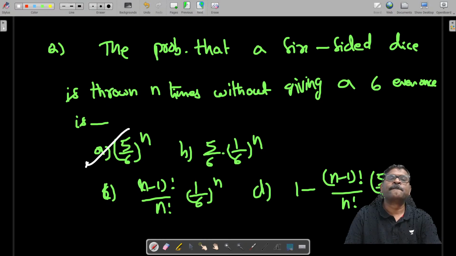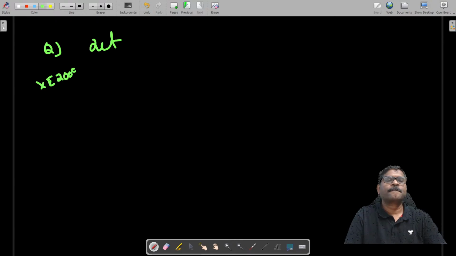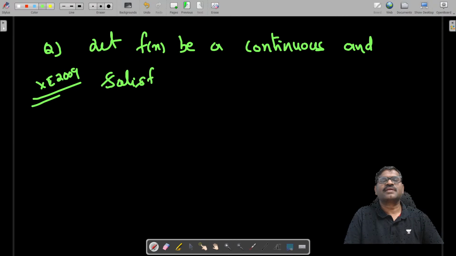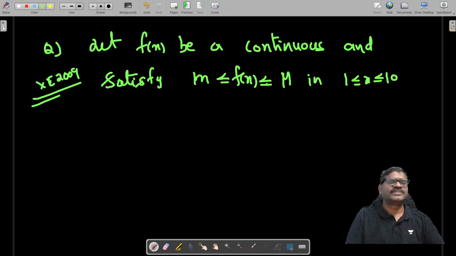Next, problem. Let f of x be a continuous function and satisfy m less than or equal to f of x less than or equal to capital M in 1 less than or equal to x less than or equal to 10, then